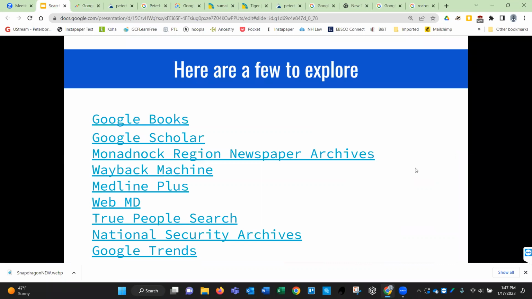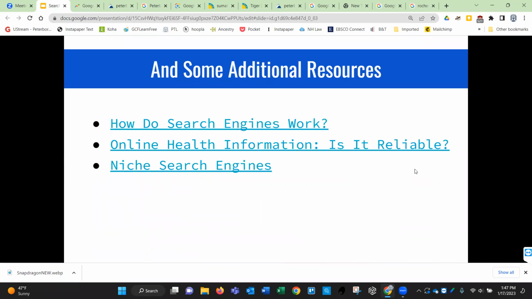And then the other thing that I wanted to add, I added some additional resources. How do search engines work? Because I think it's important for us to understand how they're collecting this information. And this is a short article. And the National Institute on Aging has a really good article on online health information and how to assess the results that you get, and whether it is reliable or not.